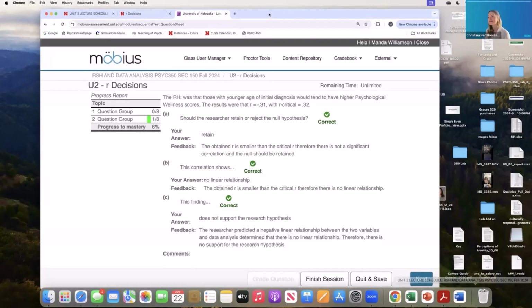Sure. So this is just building on trying to build their knowledge base about the decisions they make when they look at data. They look at the output of data from a correlational analysis. I just answered a question really quickly, but there were 3 parts to this question. Pay attention to, again, it's organized by topic. In this particular case, there are 2, and to show mastery, they need to get 8 questions right from each of those 2 topics or 2 question groups.